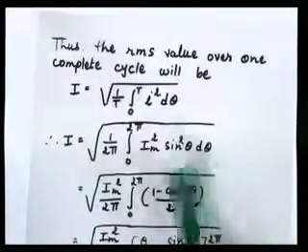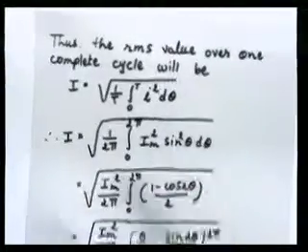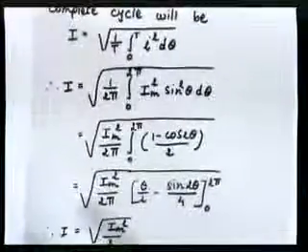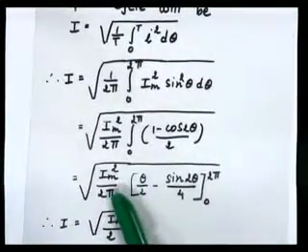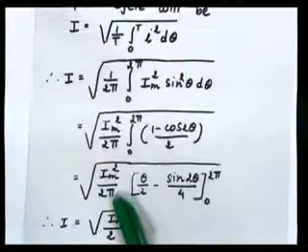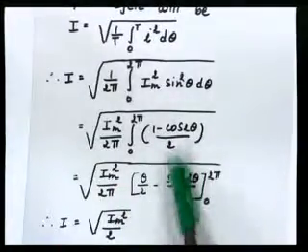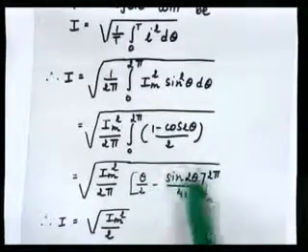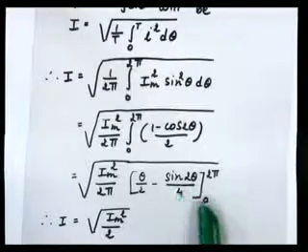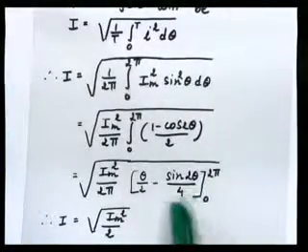So sin square theta is equal to (1 minus cos 2 theta) by 2. Now integrate this equation between 0 to 2 pi. So it is like this, Im square by 2 pi, here integration of (1 minus cos 2 theta) by 2, which is equal to theta by 2 minus sin 2 theta by 4, limit is 0 to 2 pi. After simplifying this equation and putting the limit of